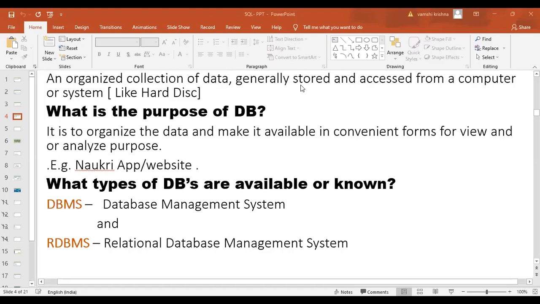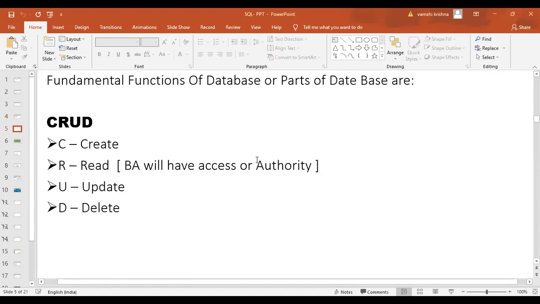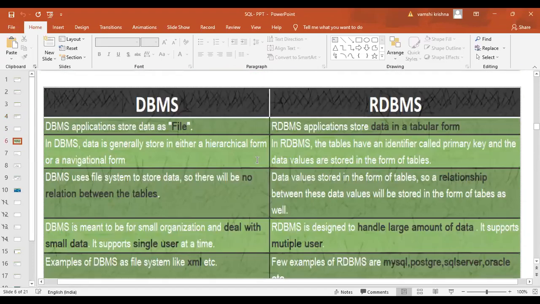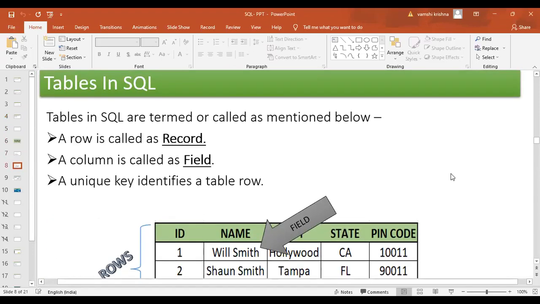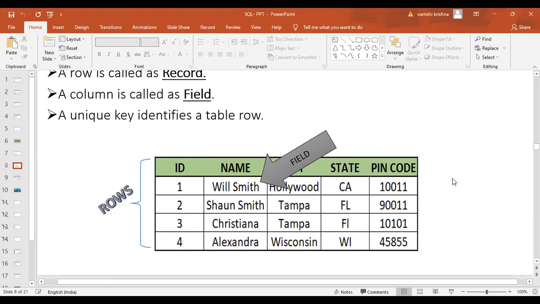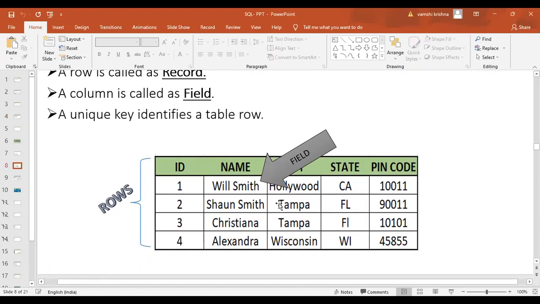And guys, are you aware what a table is and what it looks like? I will just show you. Guys, if you all can see my screen, this is a table.